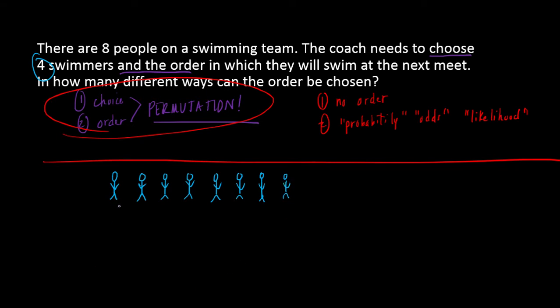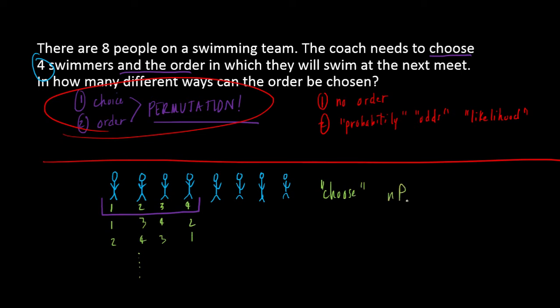Notice that even after I choose 4, not only do I choose them, I can order these 4 in many different ways, right? I could have 1, 2, 3, 4, or 1, 2, 3, 4, or 2, 4, 3, 1, and so on. Many combinations that way as well. So we're going to take out our handy dandy choose formula,